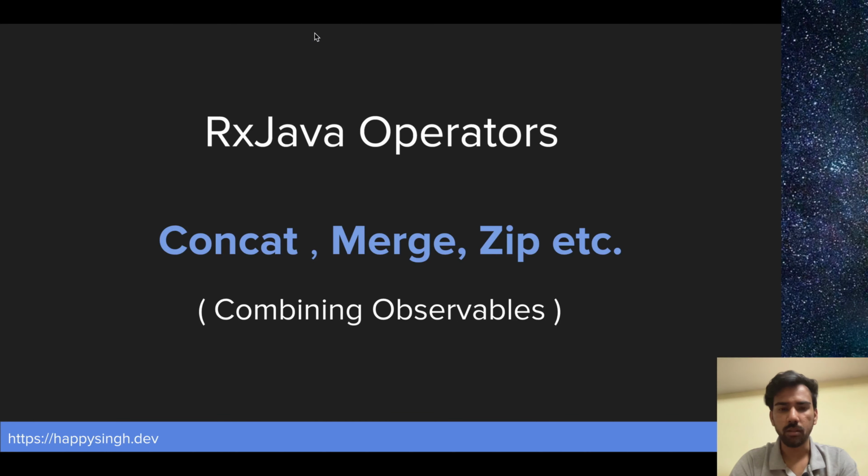So the first combining operator we are going to see is concat. As you can see, concat is basically used to append one more observable to the output stream. For example, if you have observable one's items and you emit all those items, and then you concat with another observable, it will produce the output in a single observable. So let's see its marble diagram and how it looks.